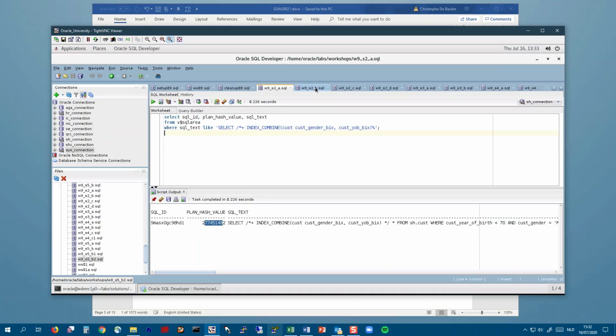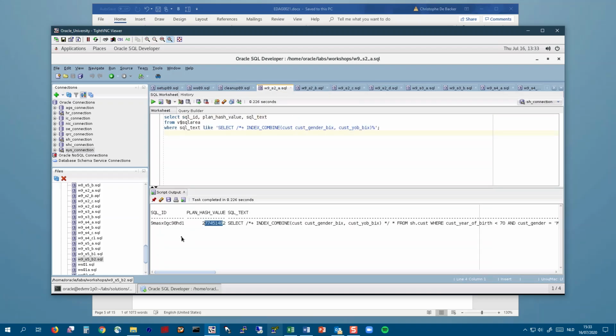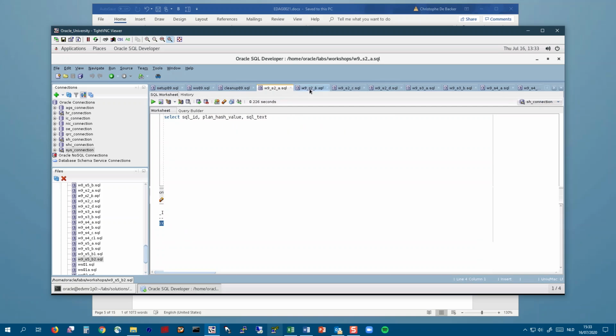So I have here w9s2b, but here I will have to replace this with the SQL ID of that statement that I have executed previously. I can find it in that previous script file. I copy the SQL ID and paste it into this function DISPLAY_CURSOR. Choose the SH connection,